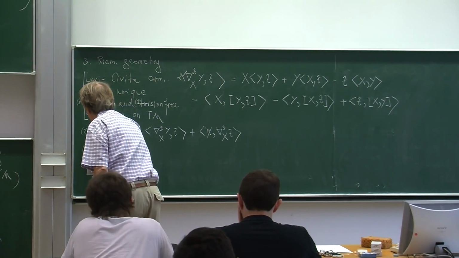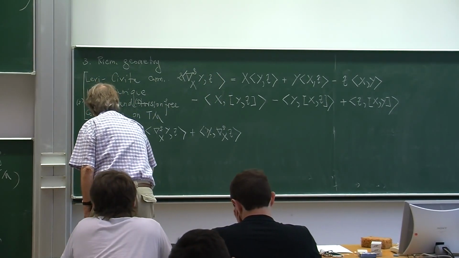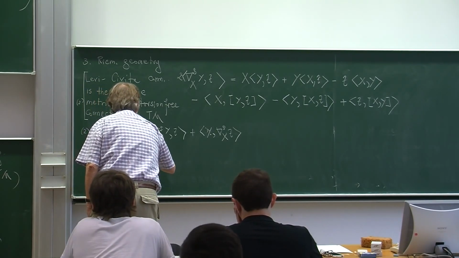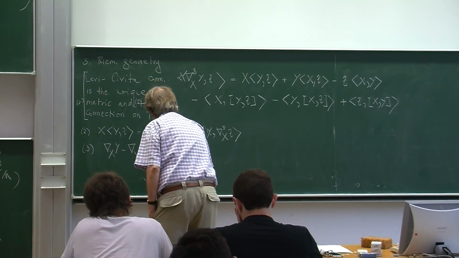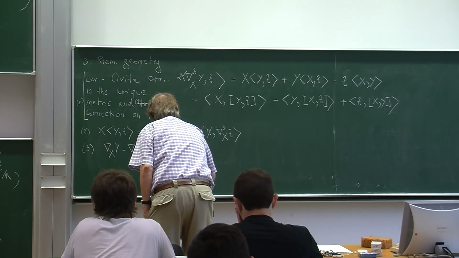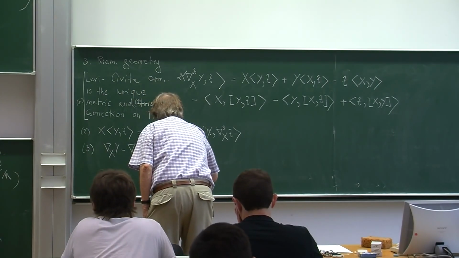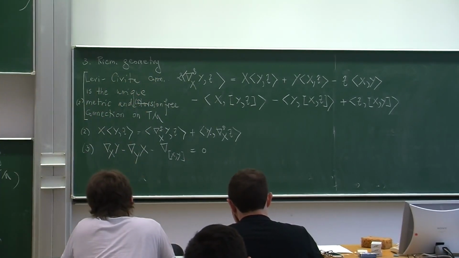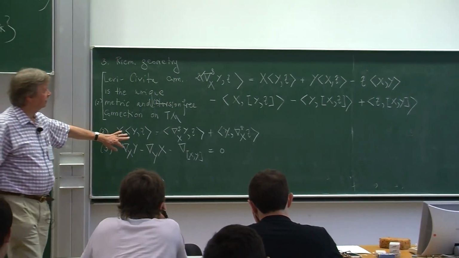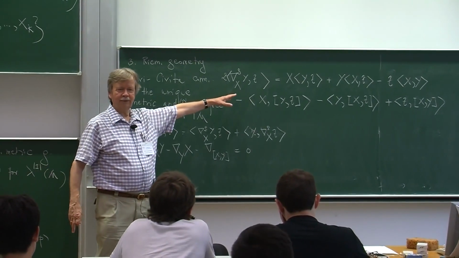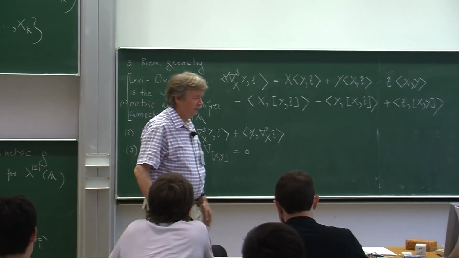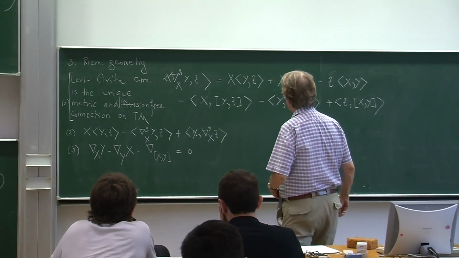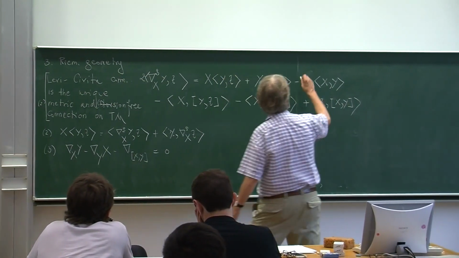And torsion-free means that nabla_X Y minus nabla_Y X minus the Lie bracket [X, Y] is equal to 0. If you know these two things, then you can build this formula relatively easily. Okay, so this is a fantastic instrument which we can use